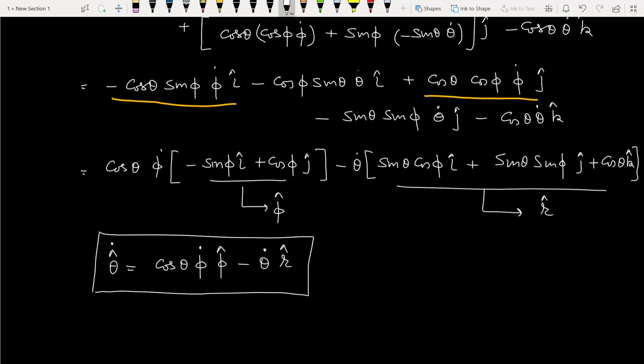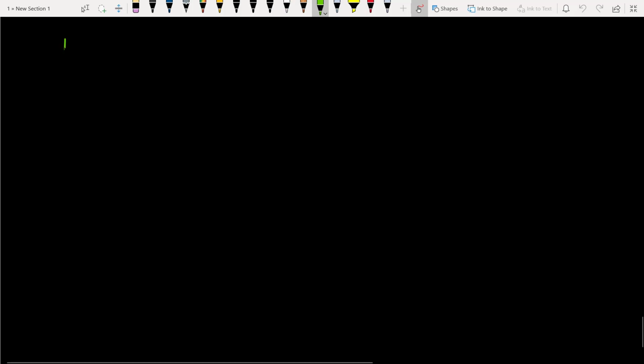So this completes part 2. It is the derivative of the second spherical polar unit vector theta cap. So part 3,